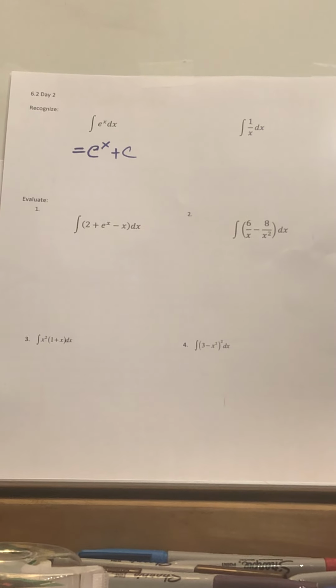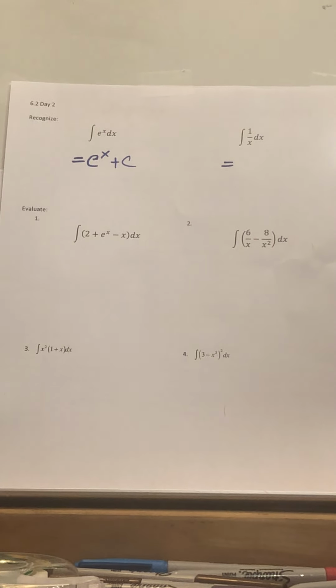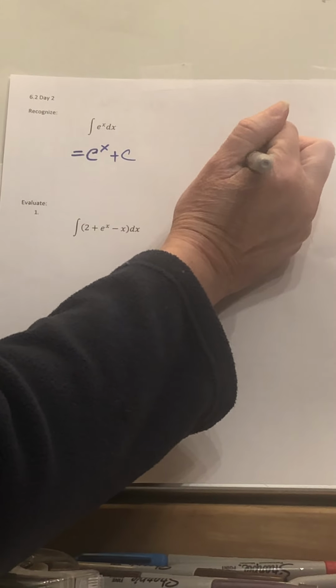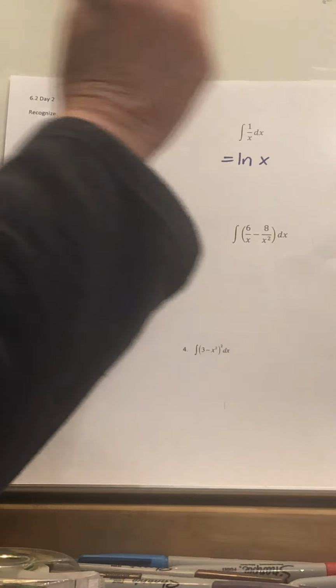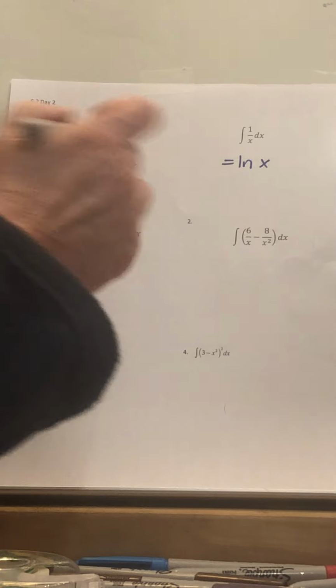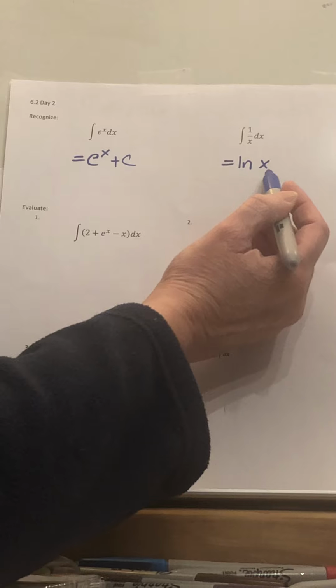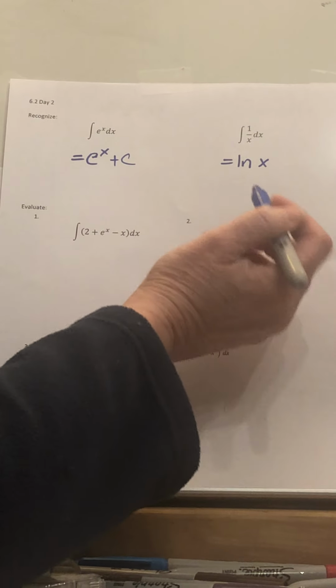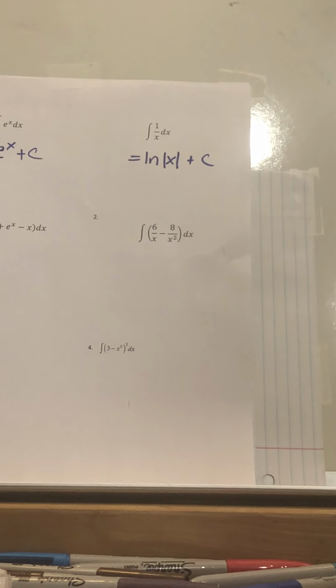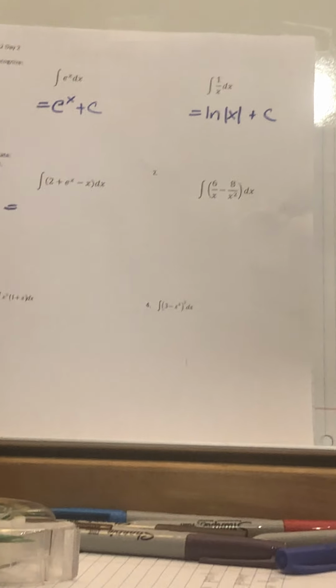1 over x, if you think back in time, who had a derivative of 1 over x? And hopefully everybody's remembering, that is natural log of x, has that as its derivative. But if I work backwards, I have to be careful because I can only take the natural log of positive quantities. This, we have no way of knowing if it's positive or negative. So when we work backwards, we put in absolute values, and then we put plus c at the end. So those are our two new ones that we're going to incorporate into the additional simplifying algebraically before we use